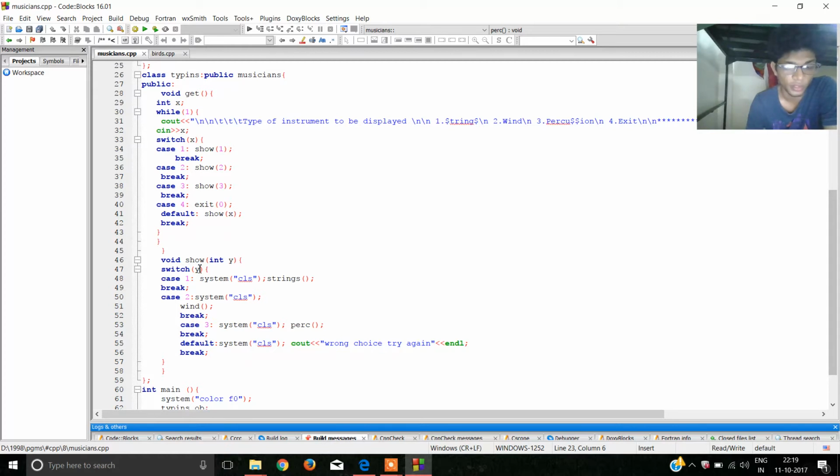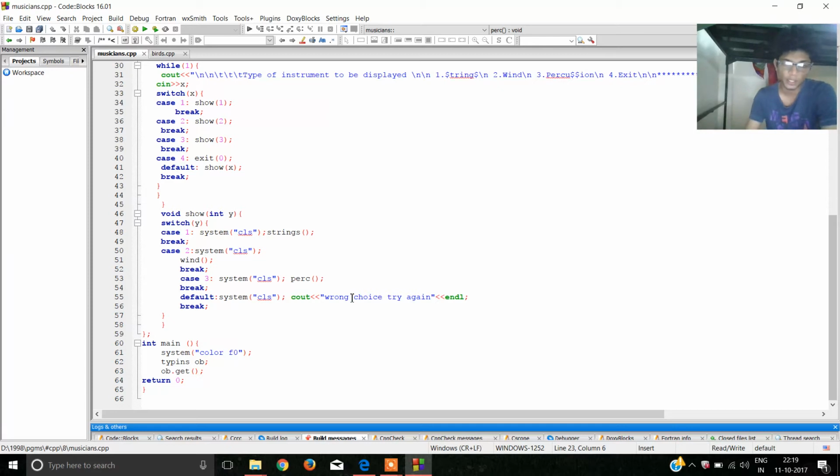Next, a void show function is declared with int y. Now y is taken inside a switch statement, and for the first case the output screen is cleared and the string function is displayed. For 2, similarly wind, and for the third one, percussion instruments, the function perc is executed. The default statement for this is wrong choice, try again, so that if the input is given as 5, there is no option for 5. Next, in main, type ins ob, an object is declared, and ob.get is used to display the output. Now the output is